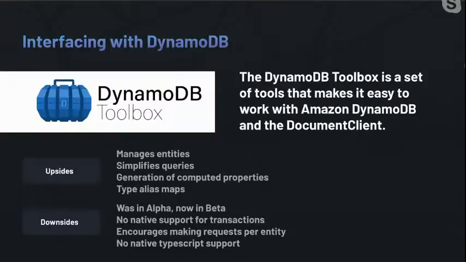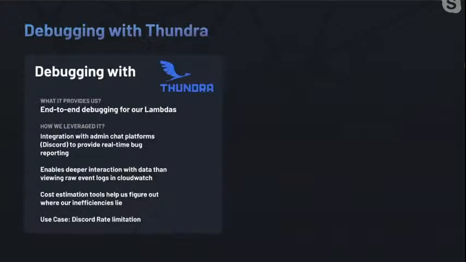entity basis because of that ability to very map them easily, which is a little bit in contrast to the typical single table design where you might be querying multiple types of entities at once, but it doesn't enforce it. It's strictly just a convenience. And it also has no TypeScript support, which we are using TypeScript, so it's a bit of a bummer that it doesn't have that.